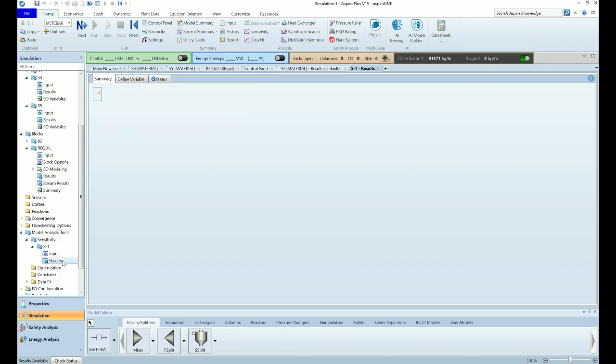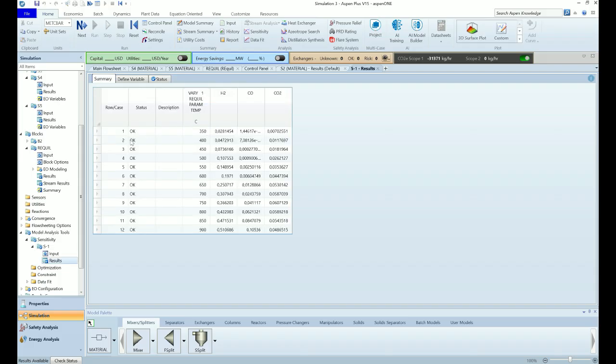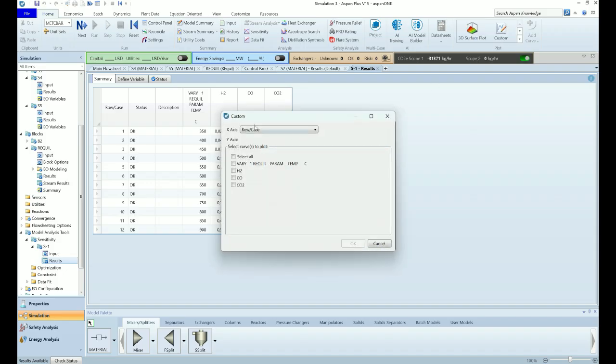So results are available, and we can see here in table form that all cases converged in the simulations. This is the temperature for each one of them, and here is the amount of hydrogen, CO and CO2 for each one of our cases in the case study. Okay, let's plot here. I will check temperature in axis X and in axis Y hydrogen, carbon monoxide and carbon dioxide, and let's plot